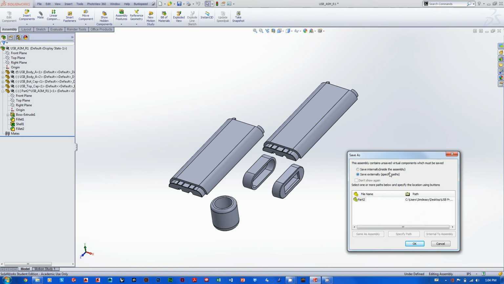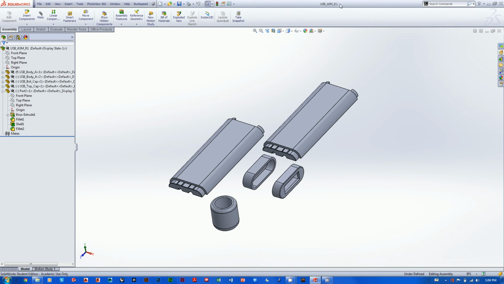So I'll click on Save Externally, Specify Paths. This is the same Save As dialog box that we saw before. It's just showing us the file name, and it's showing us the location where it's saving that file. And we'll just hit OK, and then it saves our assembly document. So that's the second